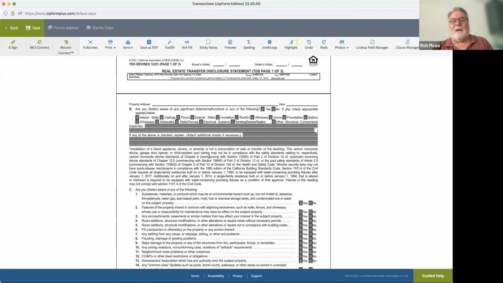They have to fill it out on their own. But if they've disclosed to you something, like they had a leak somewhere, and they don't disclose it here, you've got to give them a little nudge. Remember, you told me that it really needs